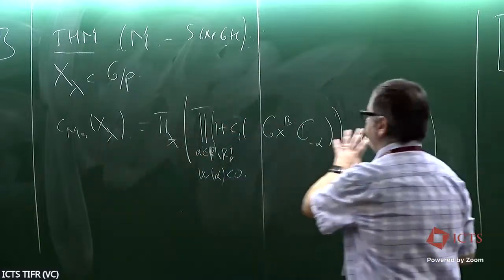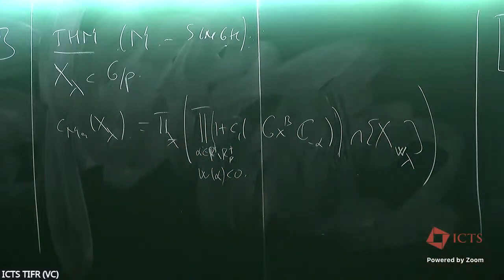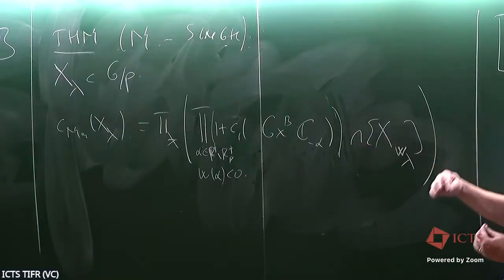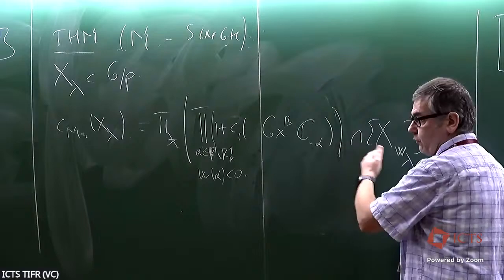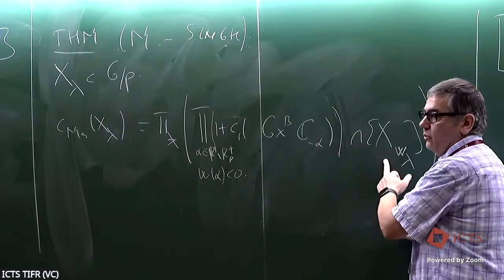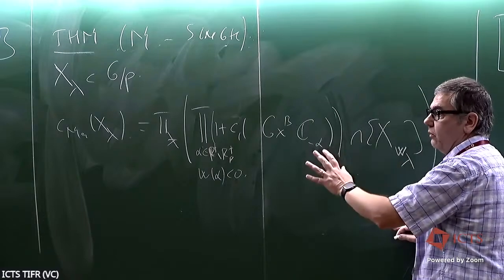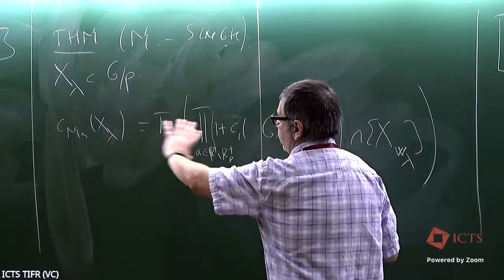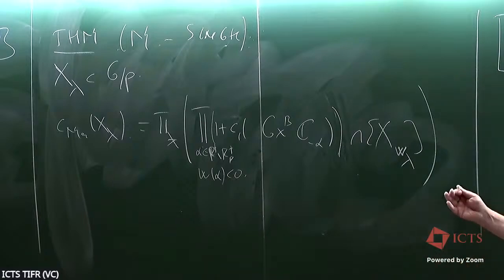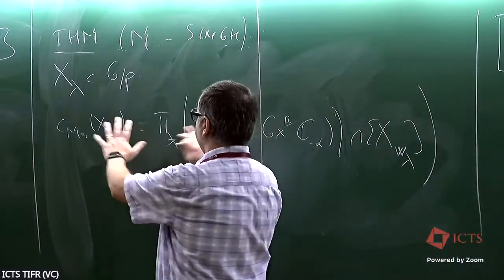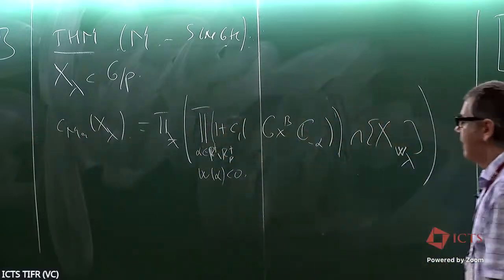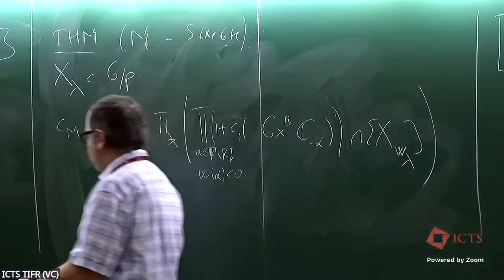So this is the formula. Now, it may not look very impressive, but for me, this is just the Chevalley formula. If you work in Schubert calculus, you know how to deal with this multiplication. At least the computer will know. So in particular, we can write down explicit examples in all the Lie types uniformly. This is the uniform formula across all Lie types. And then one of the corollaries